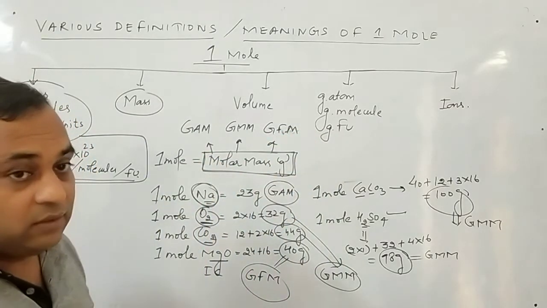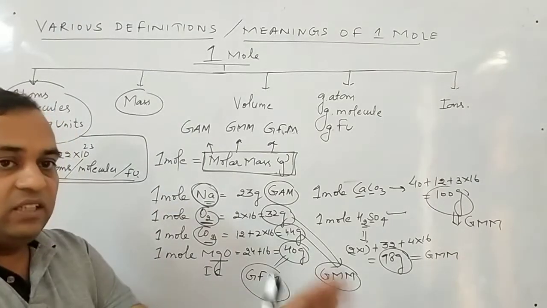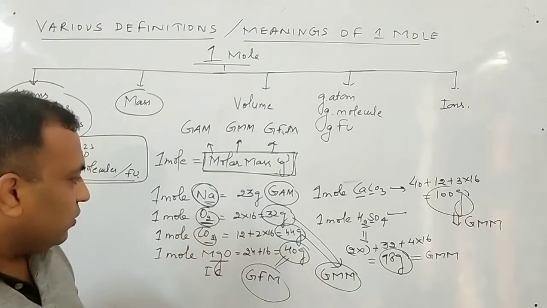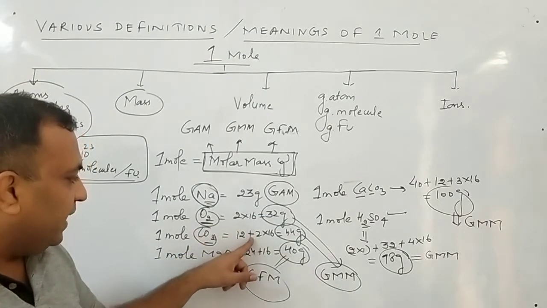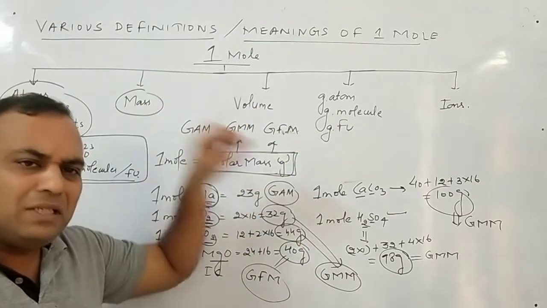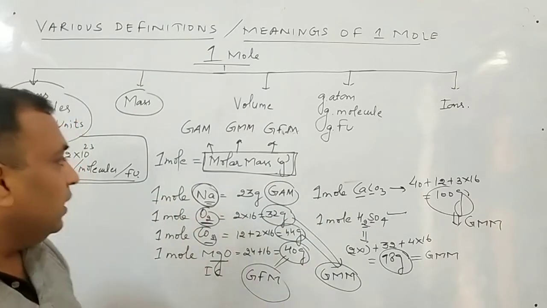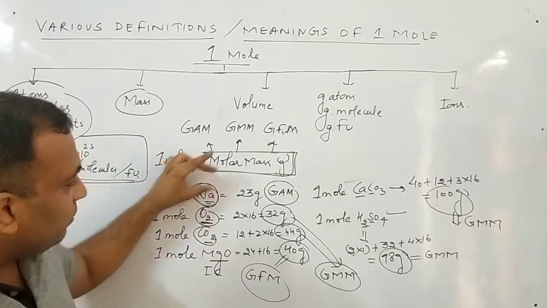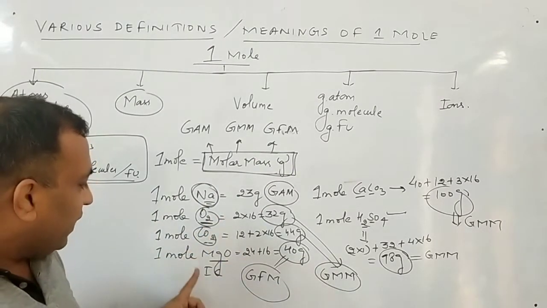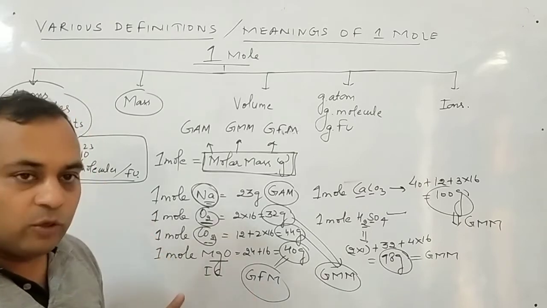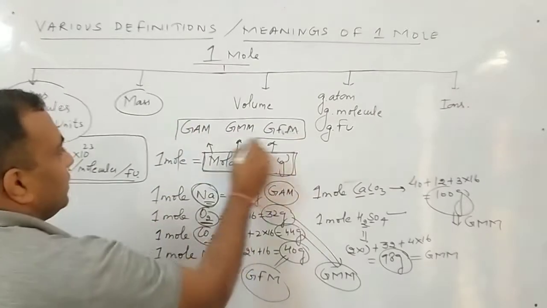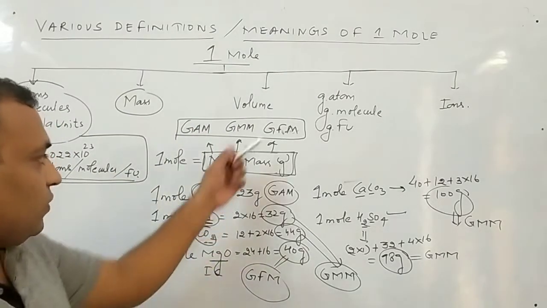And how to write the molar mass? Simply, what is in front of you, just write the mass in grams. Suppose O2, what you have done? 2 into 16, 32. CO2, then what you have done? The mass of carbon 12, then you have to add the mass of oxygen multiplied by 2, 44. So simply to write the molar mass, what is in front of you, simply write down the mass. Okay. And remember, if I deal in atom, this will be the gram atomic mass. If I deal in molecules, this will be the gram molecular mass. If I deal in ionic compound, this will be the gram formula mass. So your molar mass is of 3 categories. You can say gram atomic mass, gram molecular mass, and gram formula mass.